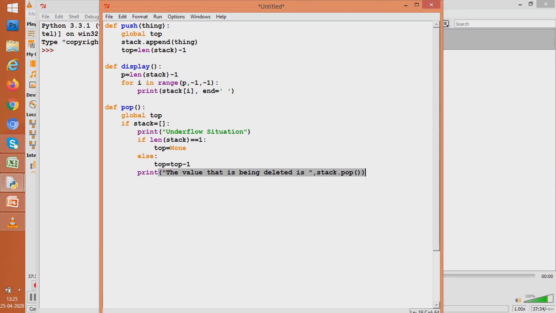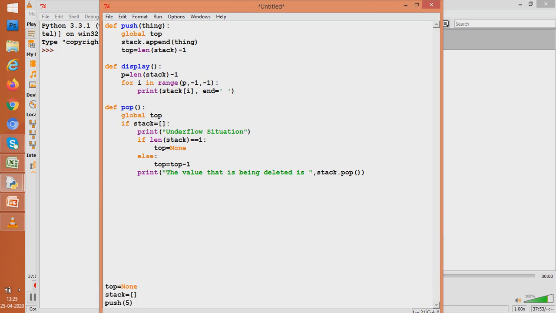You know that it is popped in the fashion last in first out, that is the latest element that was in the list would be popped out first. So we all now know we have 3 functions: push, display and pop.